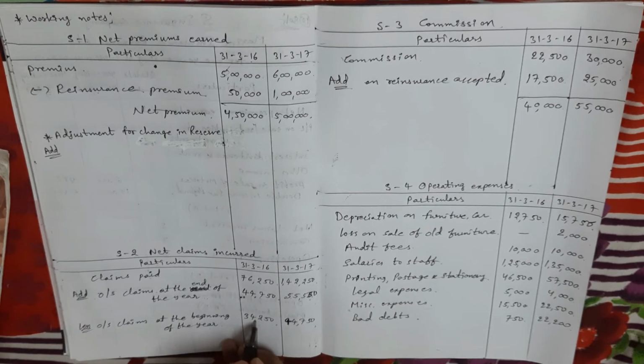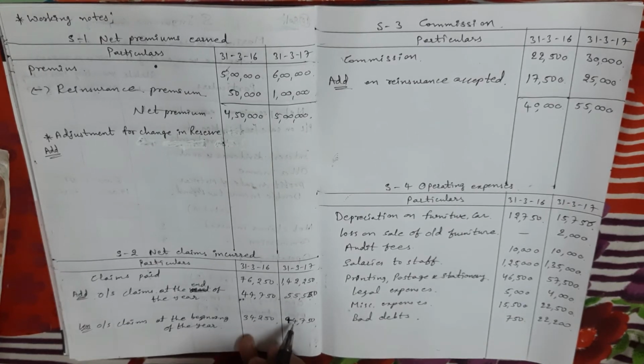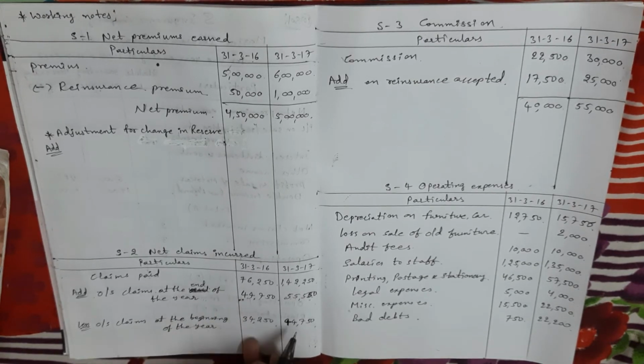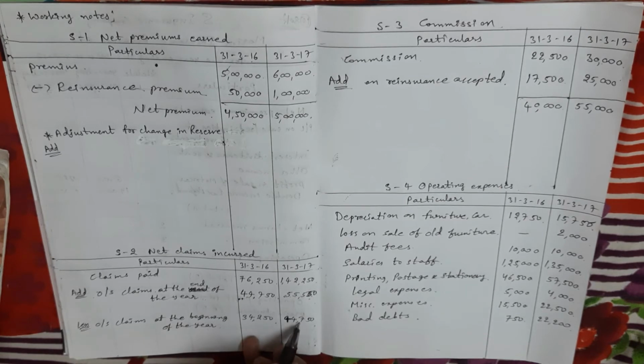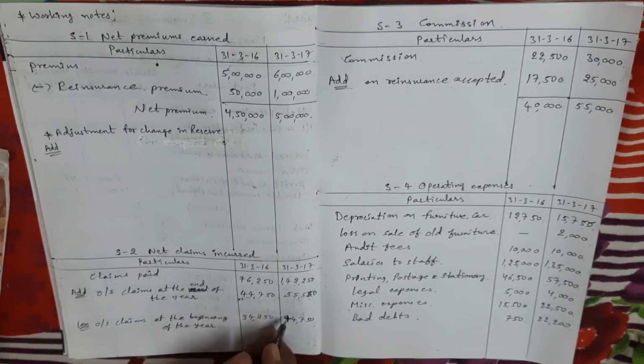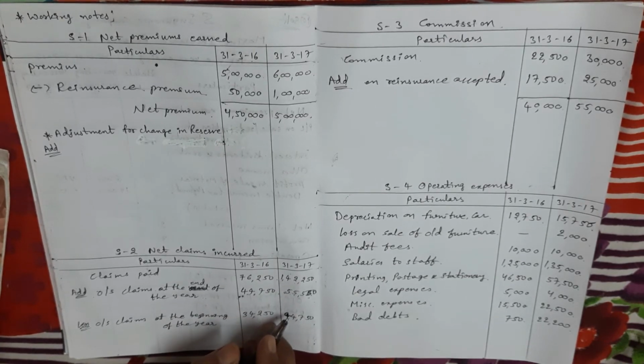Okay. Next, last year closing balance. Last year closing balance we have to add to the last year amount. So added. Last year closing balance is nothing but present year opening, so again I subtracted from present year amount. Next, present year closing balance I added to present year amount. Okay. Next, one more important adjustment.